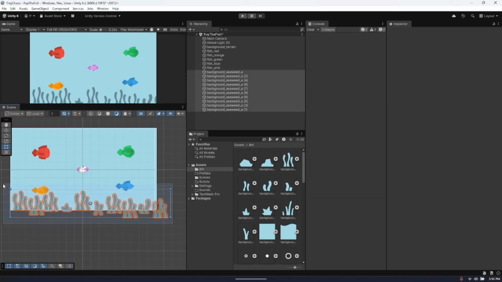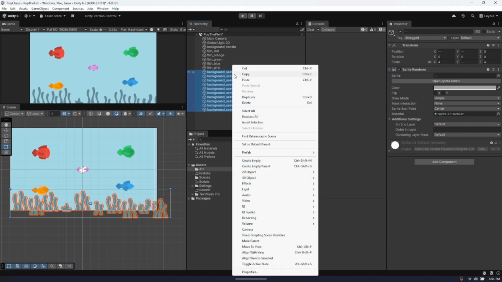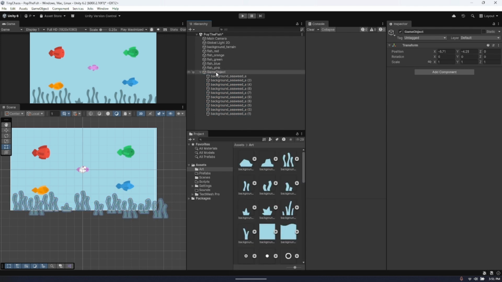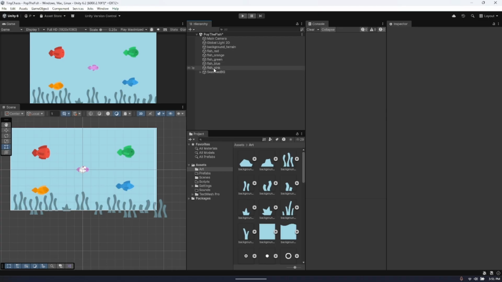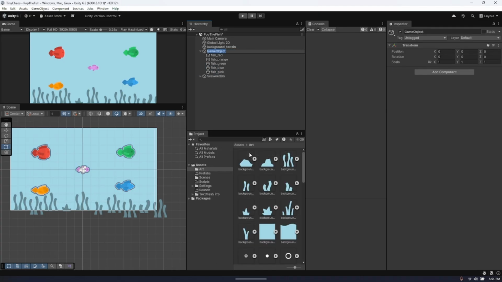Whatever you want to do, you can make them darker, lighter. And as you can see, we're getting a lot in our hierarchy. So what's usually done is you shift select everything that you want, you right click and you say empty parent, and we're just going to say seaweed background. Okay, so now everything's contained in that area. We can do the same with the fish. We can say empty parent fish. Okay,